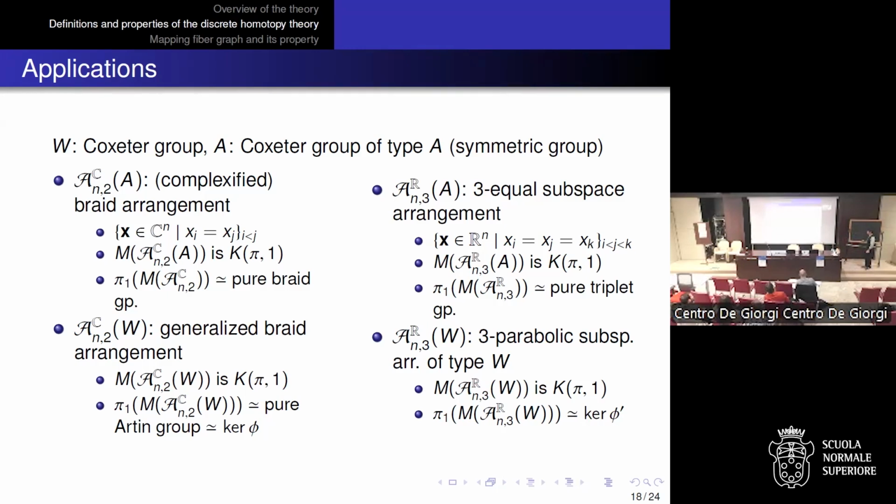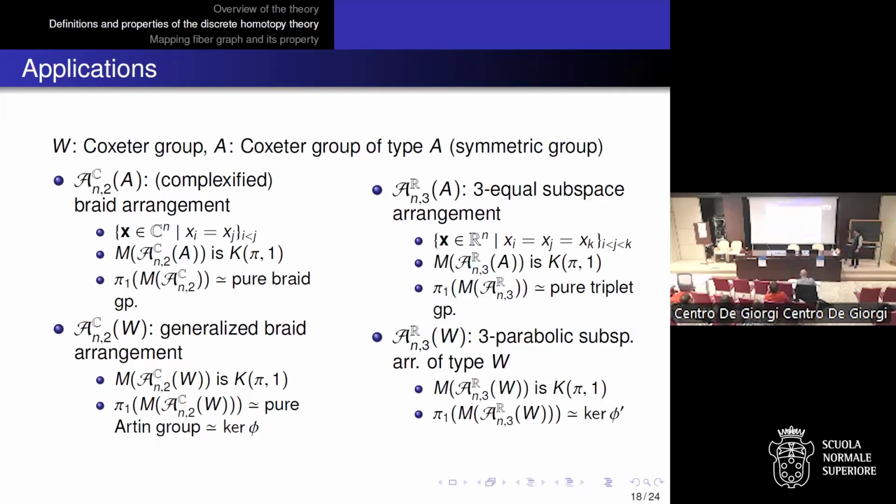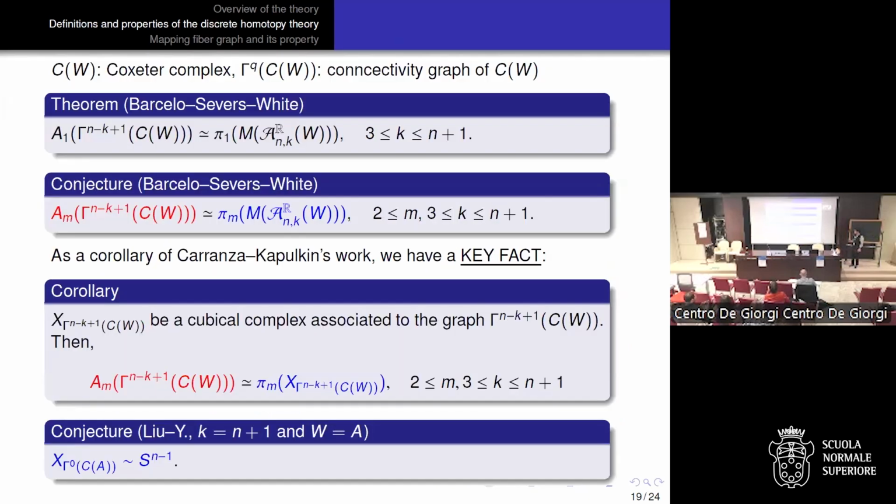In this direction, we can change not only 3 but a general k. Then the following theorem holds. This A_{n,k,W} is a generalization of the 3-equal subspace arrangement. Then, at least at the fundamental group level,